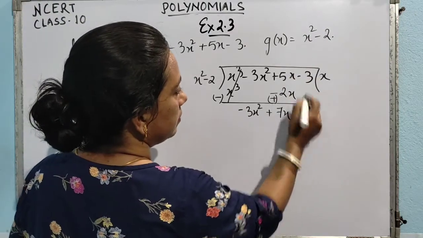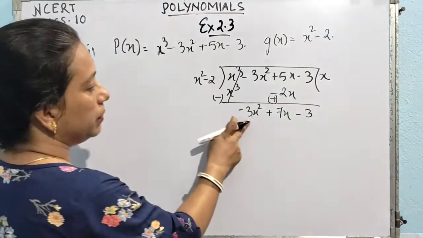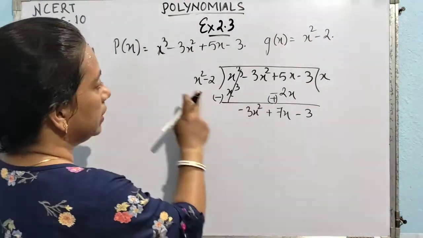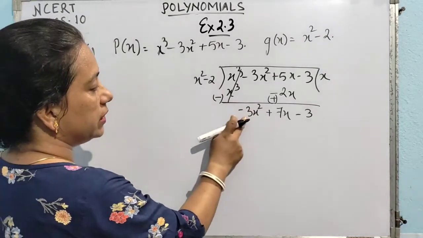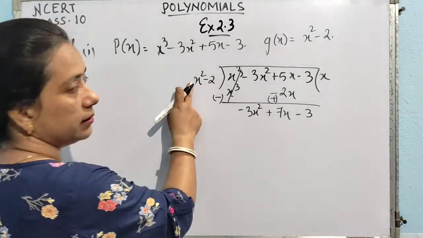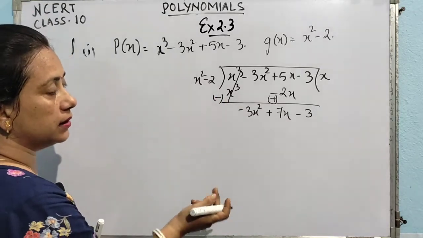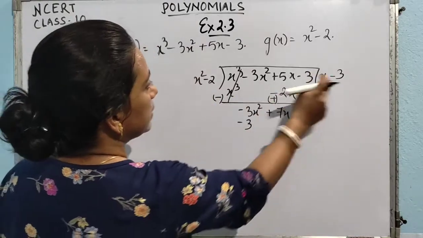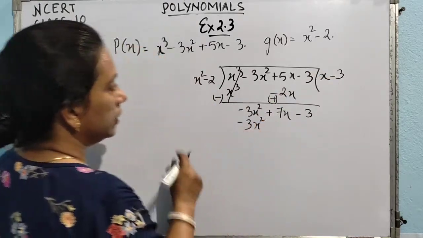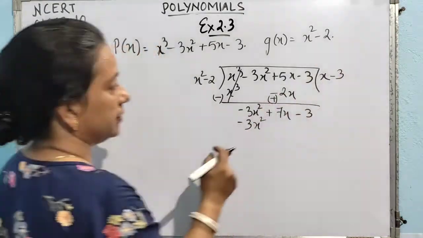Again this term minus 3 will be like this only. Now see, again our target will be to have minus 3x square. Here we are having x square, but the coefficient is minus 3. Here we are having nothing, means 1 is there. 1 into how much gives you minus 3? 1 into minus 3 gives you minus 3, x square. So we are putting just x square, we don't need any x here.